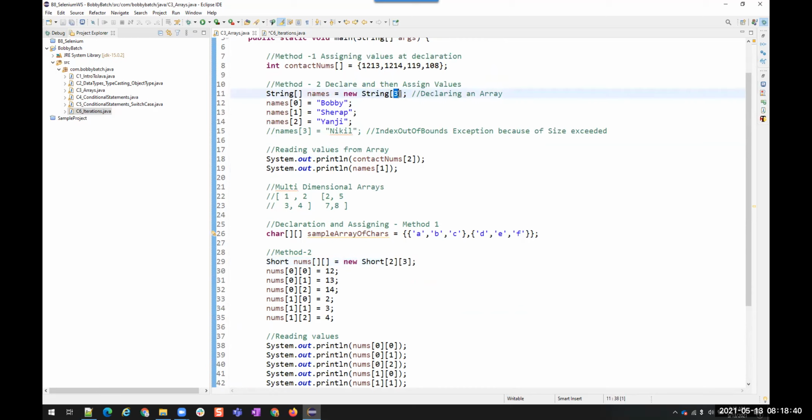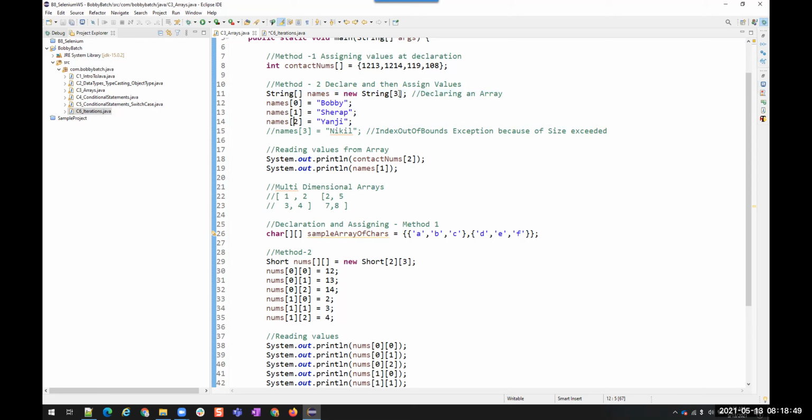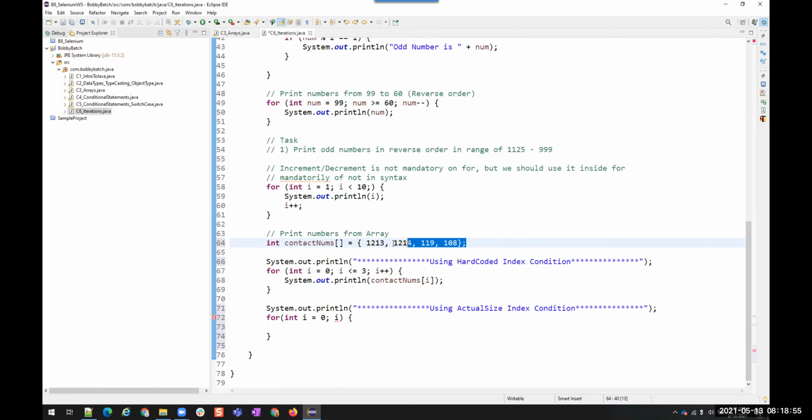When you mention 3, you are able to store 3 values, but that third value's index position will be 2. That means size minus 1, right? Here I have 4 values, then the last index position will be 3. When I have 5 values, the last index position will be 4.